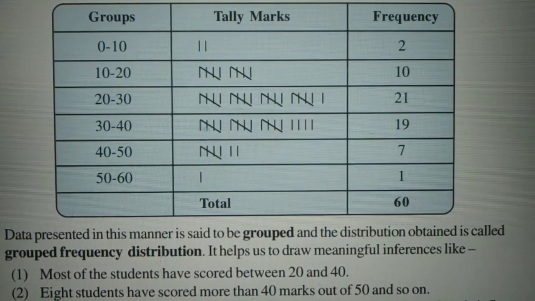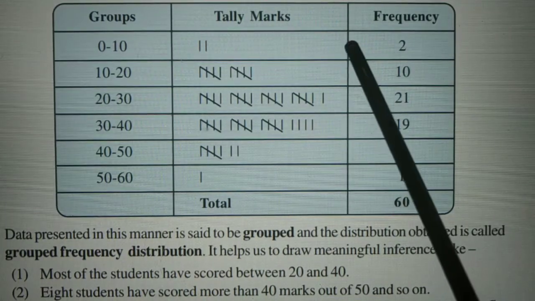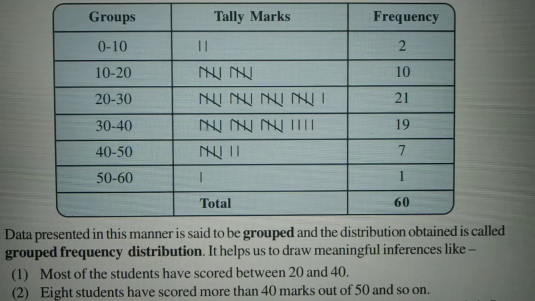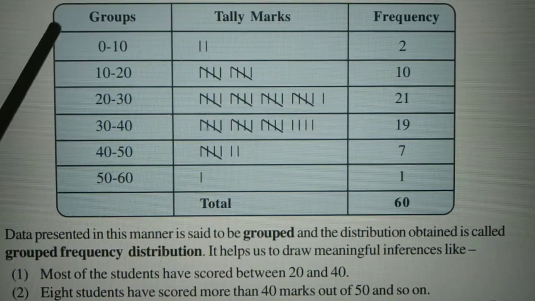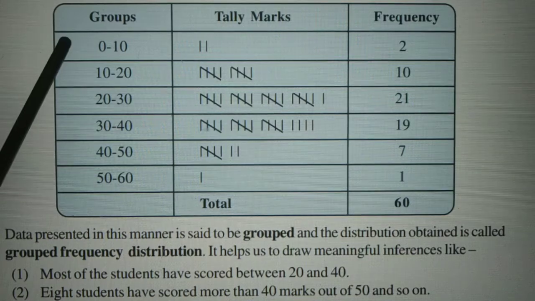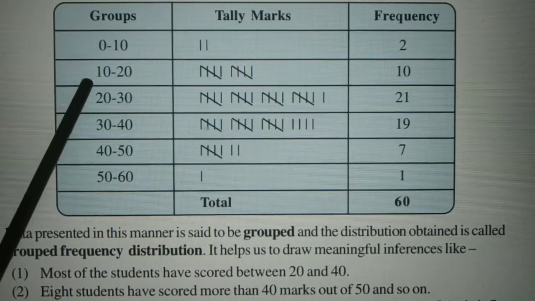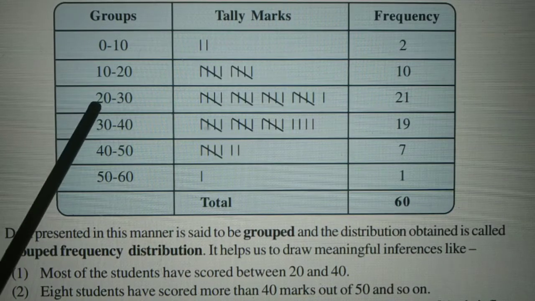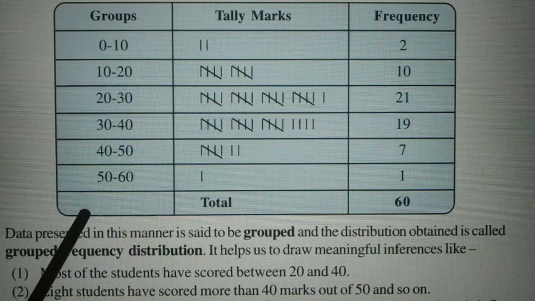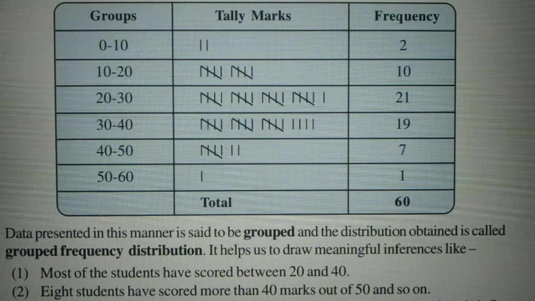Now students, see the organized data. When we organize the data in such a form, this is a frequency distribution table. Now in this case, the groups are used. The numbers are not given individually. If we do not use the groups, then we have to write 0, then 1, then 2, then 3, so many numbers in the form. There would be 50 such numbers. But here we are using the groups.